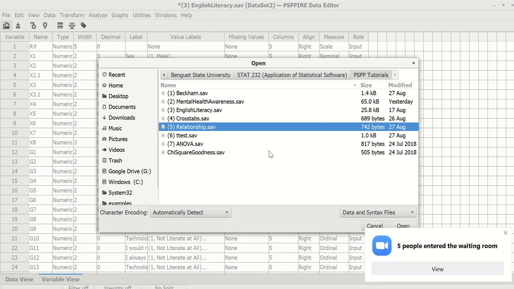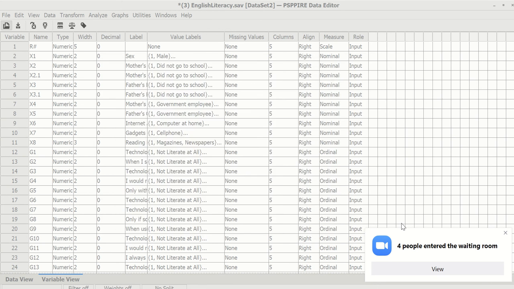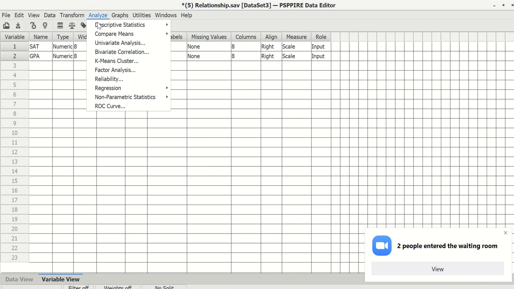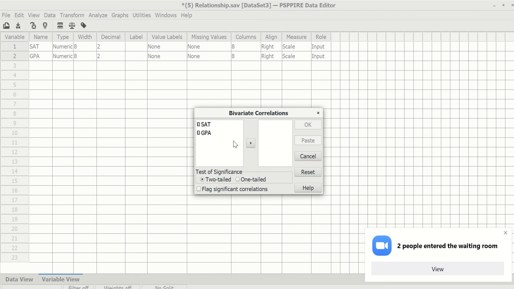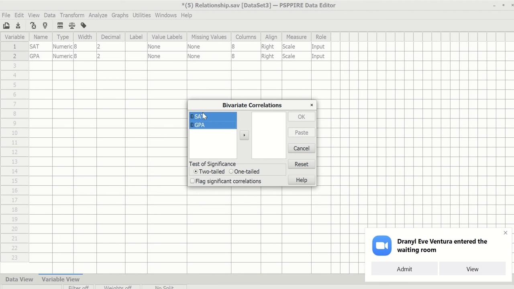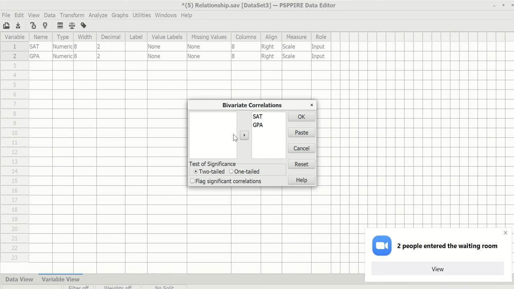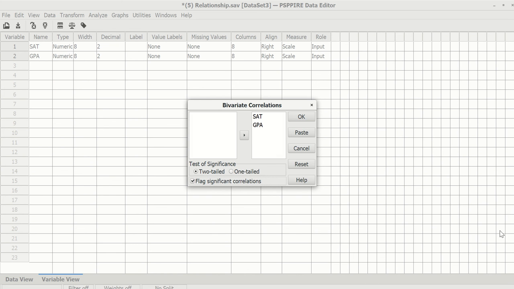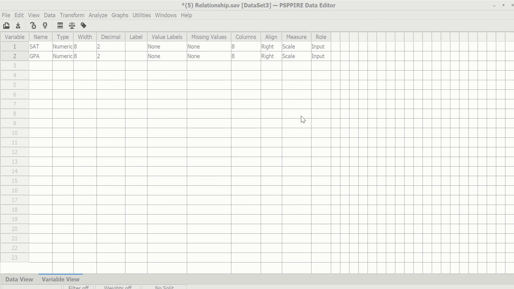Let's do some relationships. Okay, let's try to do bivariate correlation between the two variables SAT and GPA. Take note that the correlations under this only uses the Pearson correlation. So that is one of the main limitations of this. Not unlike in SPSS that we have various types of relationships. So let's check the flag significant correlations